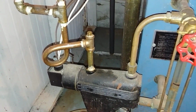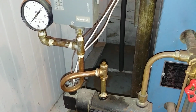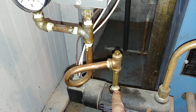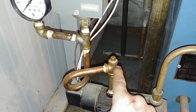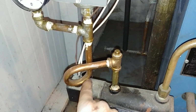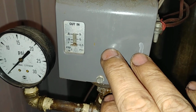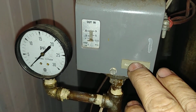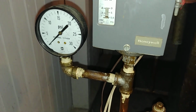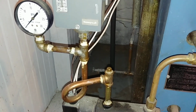And I wanted to show you one of the things that we like to do in order to improve maintenance on this. So rather than have the pigtail come out of this 1/4 inch tapping here, we usually have a straight brass nipple coming out, and we plug this. We put our pigtail here, the pressure troll here, naturally set to the lowest possible setting possible. The useless 30-pound pressure gauge on there, and this setup, we believe, allows for a good servicing,